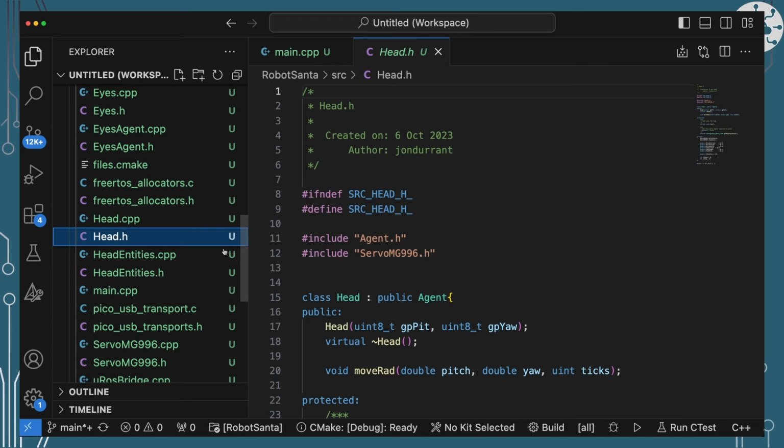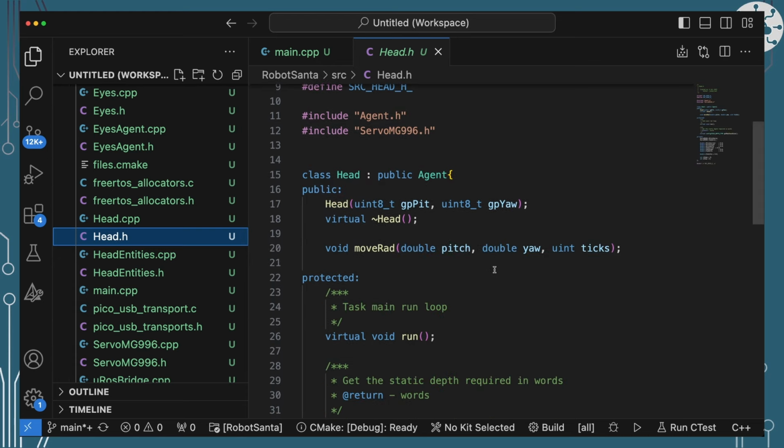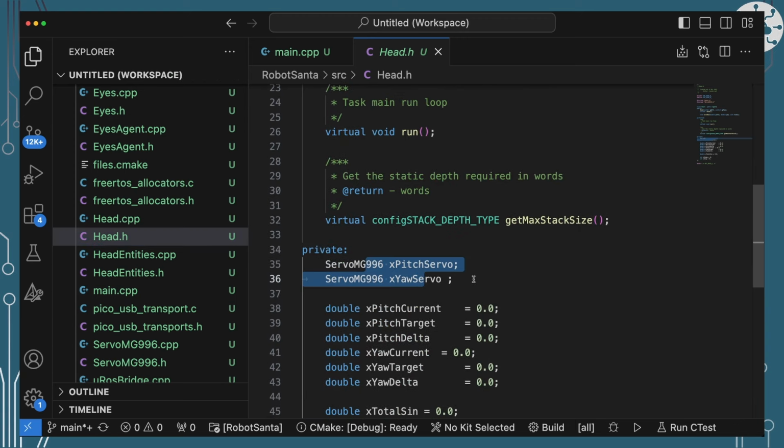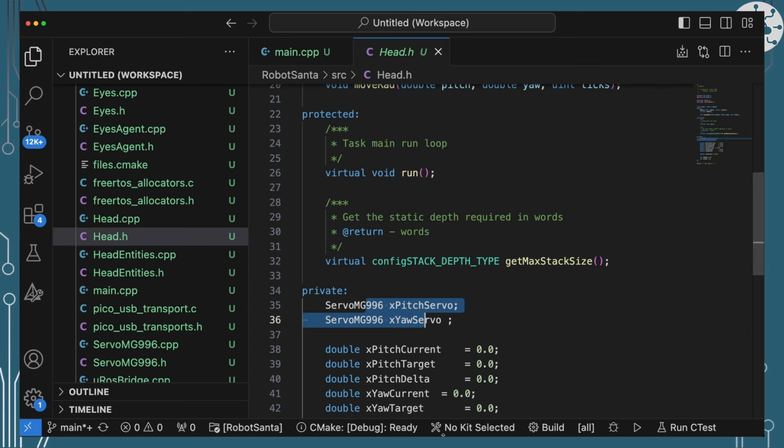Let's have a look at head. So the head is really just about having 2 servos within it. If we look down here, there are 2 servos. And it is a task that is going to continue to run